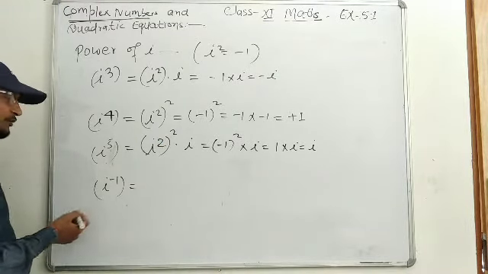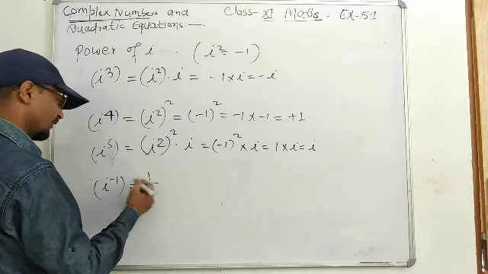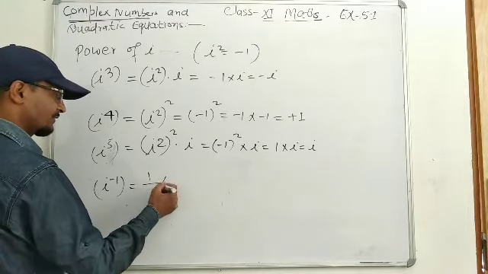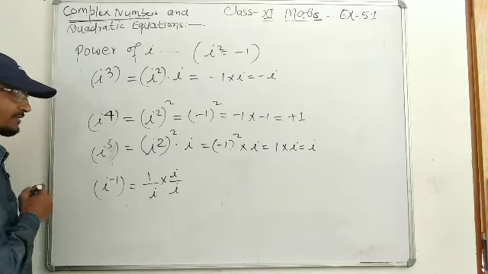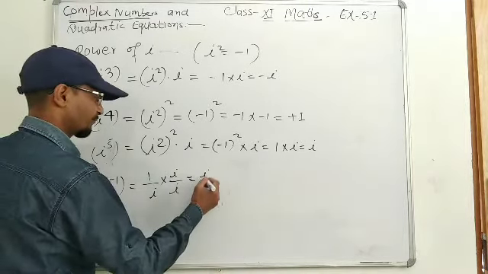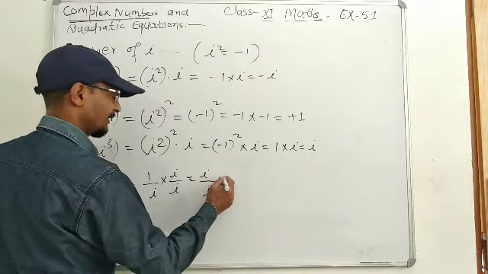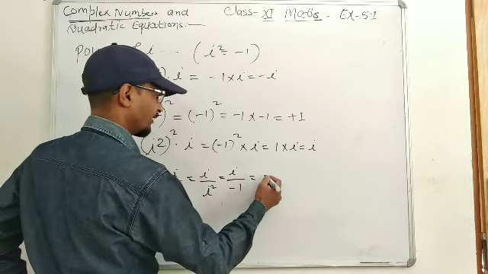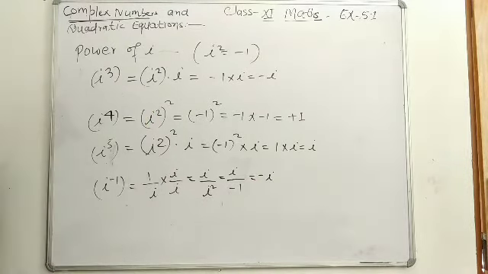Now next, i to the power minus 1. It is written as 1 by i. It is the inverse, i inverse, written like this, 1 by i. And 1 by i, how to solve this? We rationalize this. If there is i in the denominator, we also write i in the numerator. This is called rationalization. This equals i by i into i square, and the value of i square is minus 1. i divided by minus 1 becomes minus i. So i to the power minus 1 equals minus i. So these things are